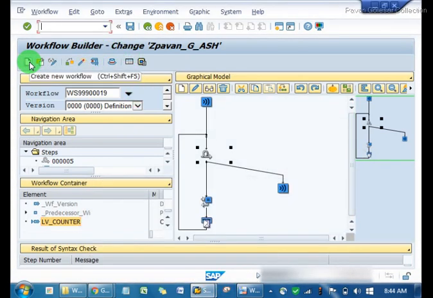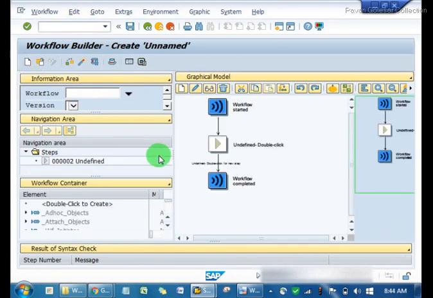We'll create a new workflow. In this workflow, we'll simulate this example. Very simple, not a big challenging one. So as we have created a new workflow, as you can see, there is one undefined double click. This is nothing but an undefined step. In this step, you are able to map any of the objects. As mentioned, we are going to do a loop and mail and decrement operation on the variable.